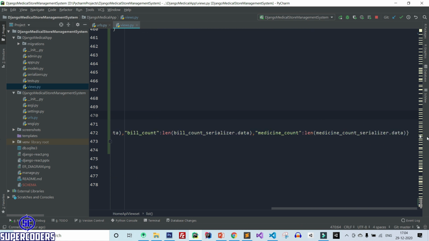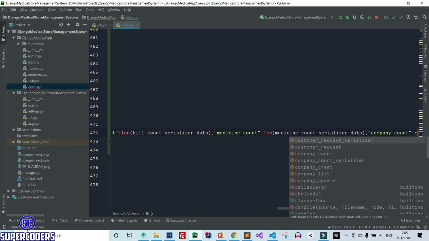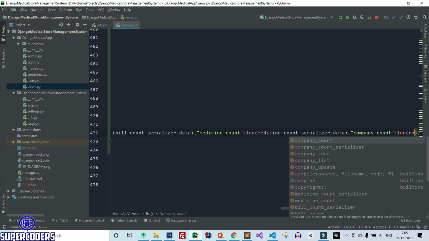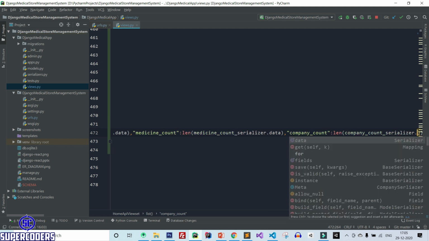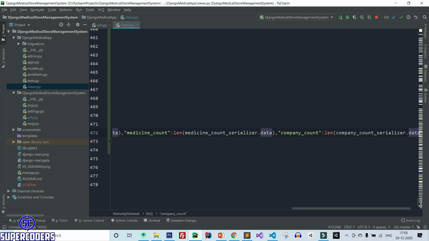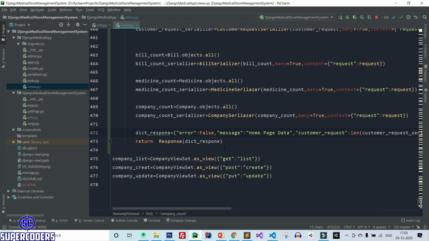After that, adding in the response: company count, length, company count serializer dot data. Let's copy the key name and save this page.